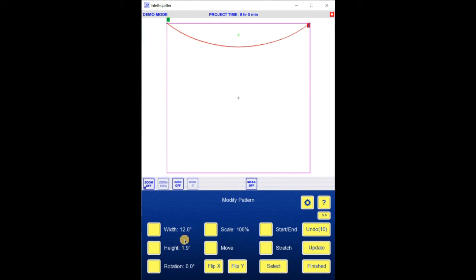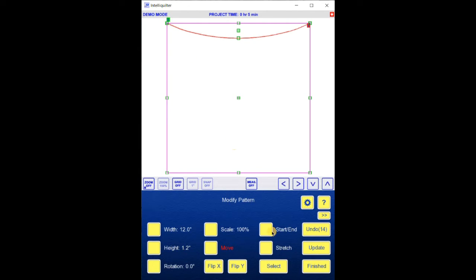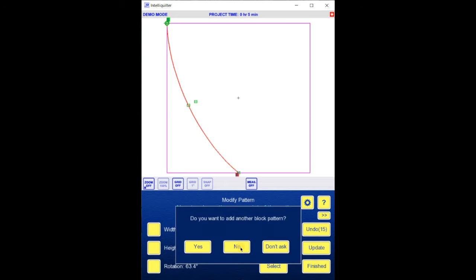So let's just undo and go back to height. Now I'm going to move it back up here and stretch again and down to here. Well, I could still go a little bit more, so I'm going to undo, and my height again, I'm going to come down just a little more, move it back up so it's snapped into the corner, stretch, grab, anchor in that point, drag this one down to my center point, and it is inside the block now. So this is one side of my bird feather, and I'm going to say finished,